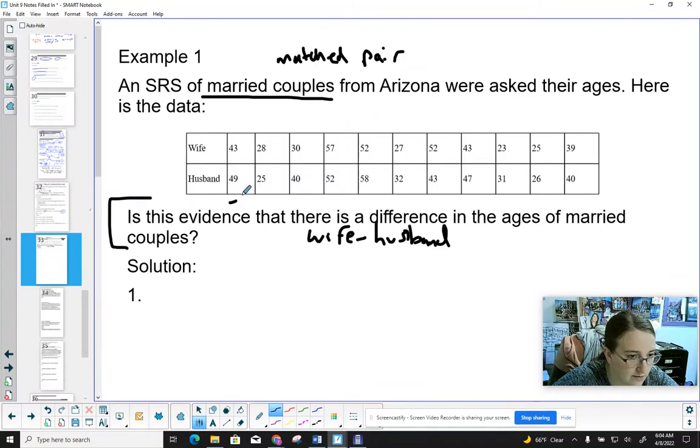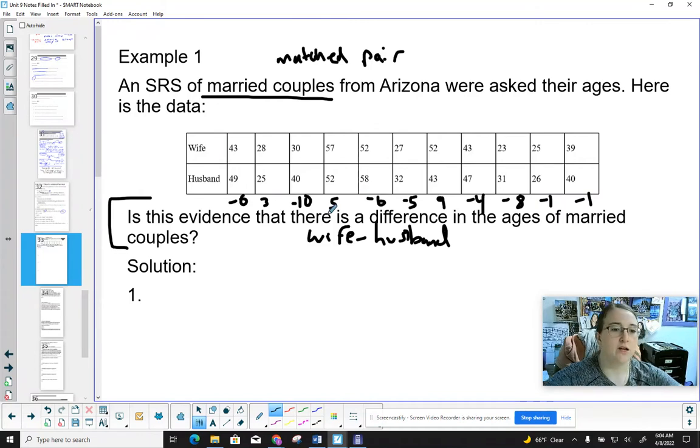Okay, so we've got -6 here. We've got 3, -10, 5, -6, -5, 9, -4, 23 minus 31, -8, -1, -1. Okay, so just because of the way that we had it set up, again, we have wife minus